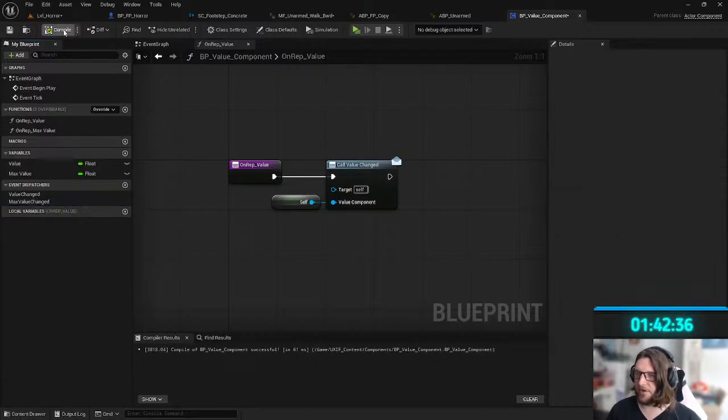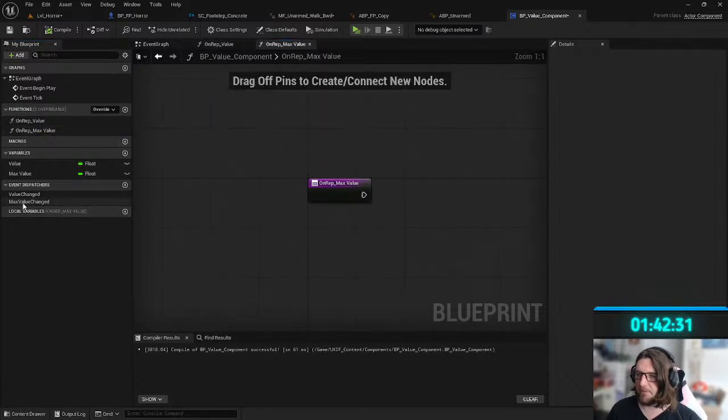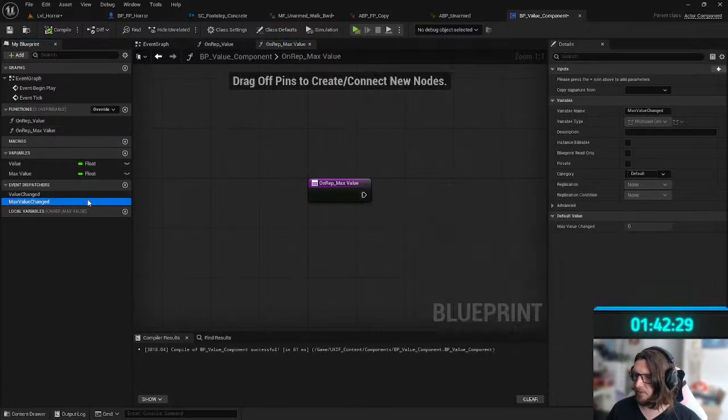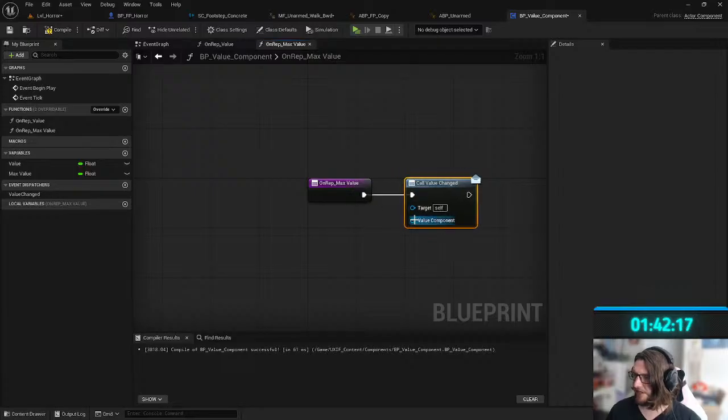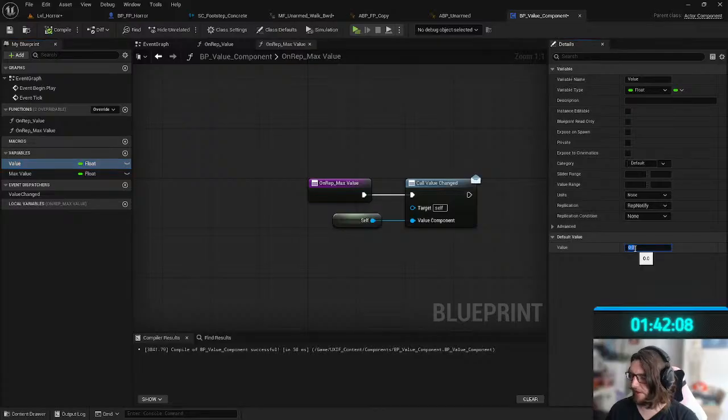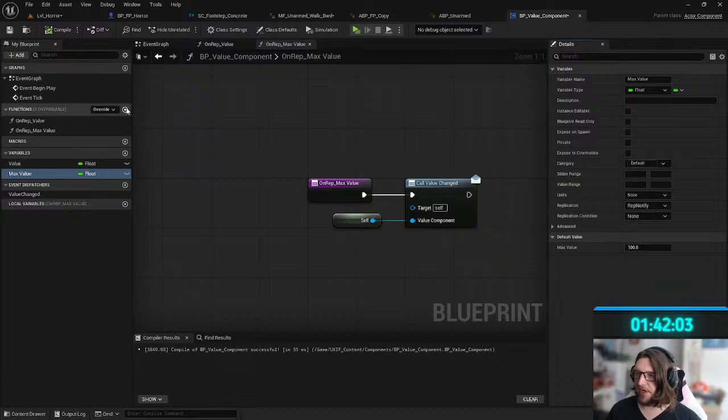In the modern Unreal, we would actually use a model view framework, but we'll do this one for now. Max value changed. We will add, again, the value component to this. In fact, no. We will just use value changed because things like percent and etc. will change anyway. So we'll just use the one that we had. Value changed. Now what we need, we'll start this off with 100 as the value, and we'll add a set